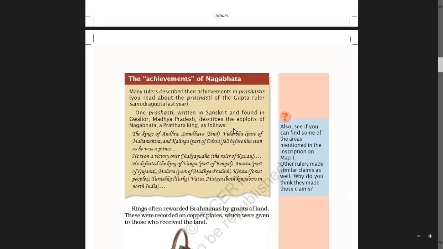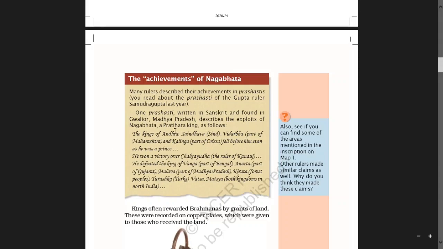This Prashasti is written in the Sanskrit language and was found in Gwalior of Madhya Pradesh. It describes the exploits of Nagavatta, a Pratihara king, as follows.